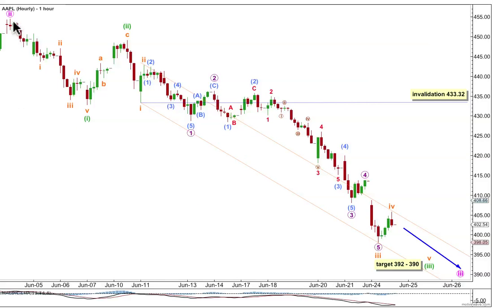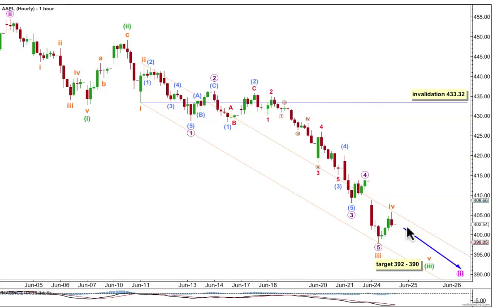Within it we've got minute 1 is complete, minute 2 is complete here, and a third wave is unfolding with minute 1 and 2 complete and minute 3 incomplete. Within it we have sub-minute 1, 2, 3 and 4 now probably complete because it's reached up to the upper edge of this narrow channel that I've drawn here from 1 to 3 with a copy on 2 perfectly shows us where the fourth wave may have ended, finding resistance there.